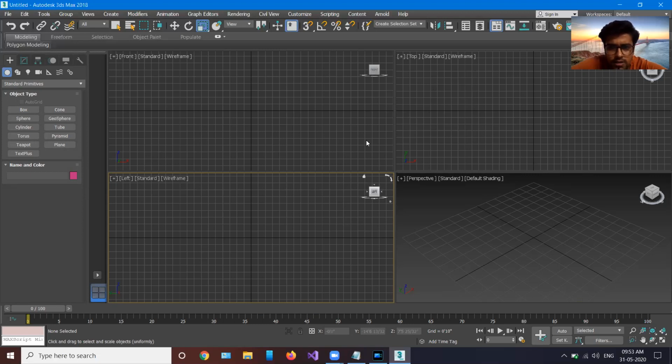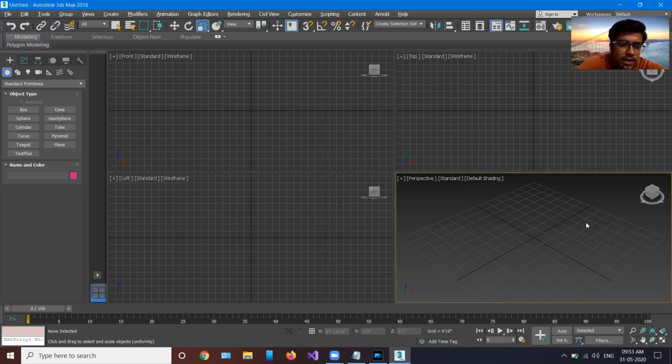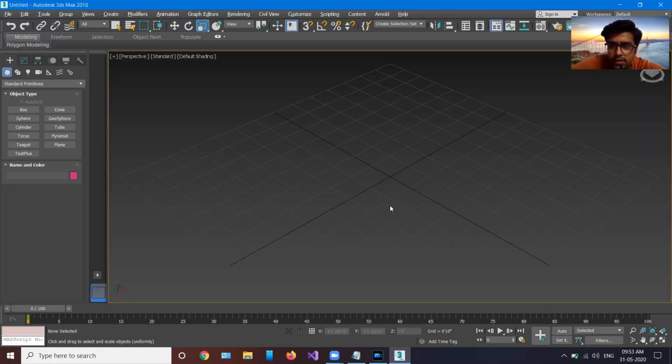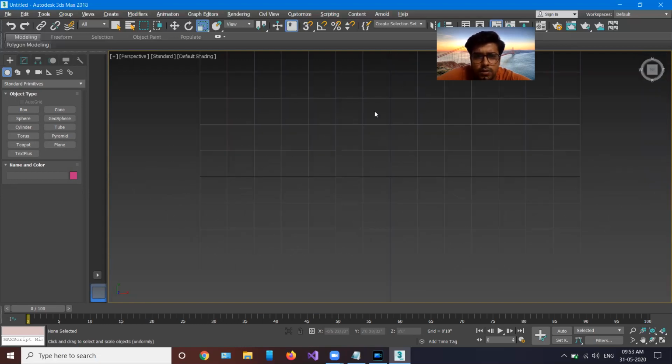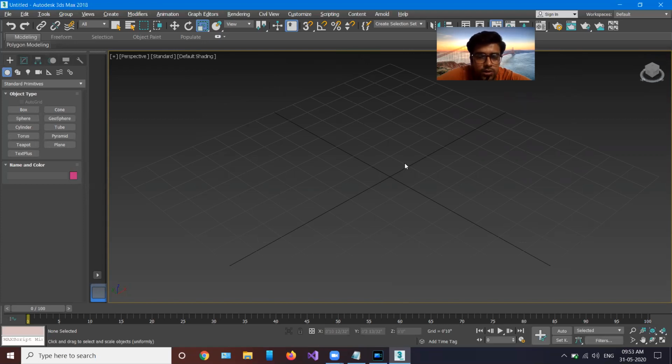Now we are having this, let's say, perspective view. I'll press Alt W to make it big. Now we are having a view cube here. This is called the view cube. It will be quite small in the video, but try to familiarize yourself with this. It has top, front, left, and all the rotations here, and it has directions east, west, north, south. If I click top, I'll go to top. But it is the perspective view, and we are now in top. If again I want to go into the perspective, I can go to the circle, and we have a home button here. If I click home, it will take me to the home.